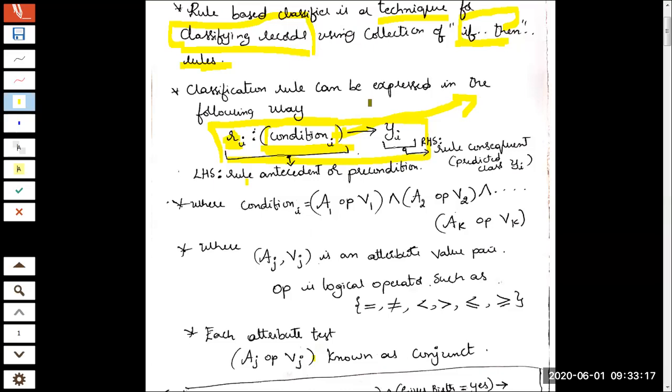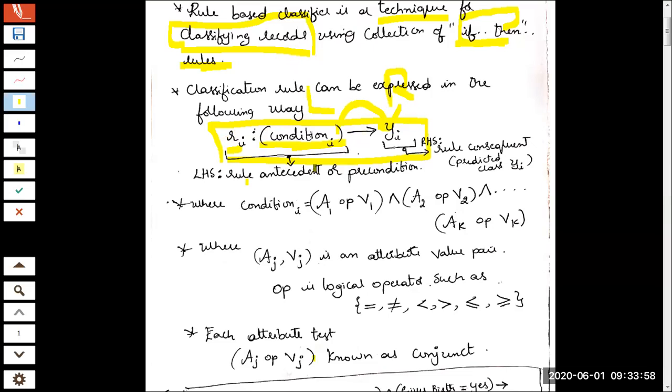So the bottom line here is the rules will have a number indicated by Ri. Rules will have a few conditions, that is the condition of i. These conditions will help me decide on the class. So towards the left hand side, you have the conditions. Towards the right hand side, you have the class. So the conditions on the left hand side are deciding to which class this record or data object belongs.